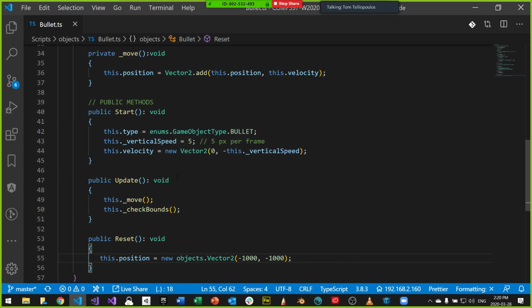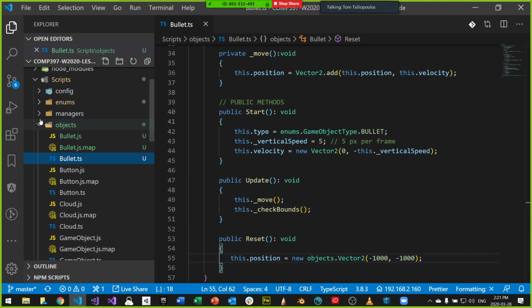The inactive bullets are the ones that are going to be off screen, whether they hit an obstacle, like an enemy, or they hit the ship, the plane. Once they take a hit, they're going to be inactive. They're going to be just reset somewhere off screen, and we're going to reuse these bullets over and over again. So in order for me to do that, I could make active and inactive a thing here. But you know what? When you think about it, active and inactive can be something that every object should have, right? I should be able to turn on and off objects, or update or not update objects as I want. So therefore, this might be a good thing to add into my game object superclass.